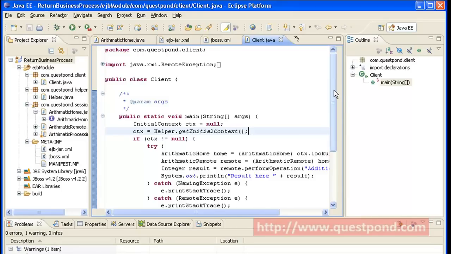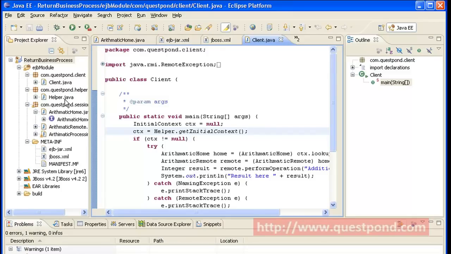Now to actually get the bean, we have to first refer to the JNDI, and by using the JNDI name, we have to do a lookup through these names to get the beans of our choice. To do so, we have to make use of the initial context object. To get this initial context object, we make use of a helper class which contains a static function named getInitialContext.